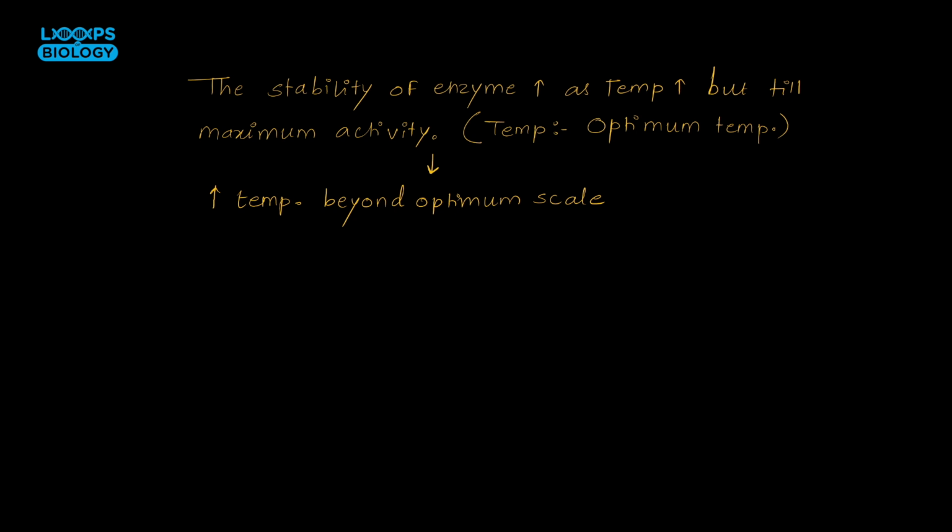You are remembering the bonds of these enzymes, which are nothing but peptide bonds, are storing some energy. And whenever we are providing more or equal energy to that of the peptide bonds' energy, the bond will start to break down. Right. So in this particular case, the energy provided will be so high,